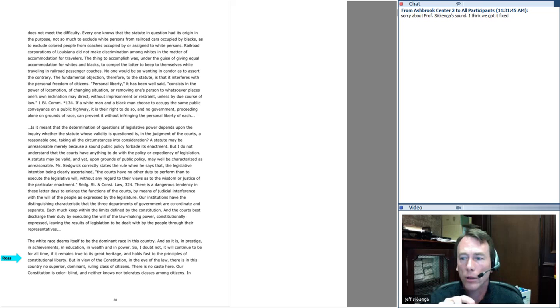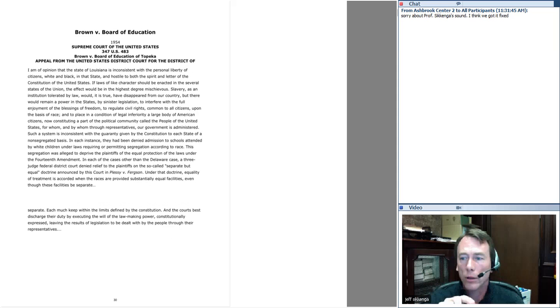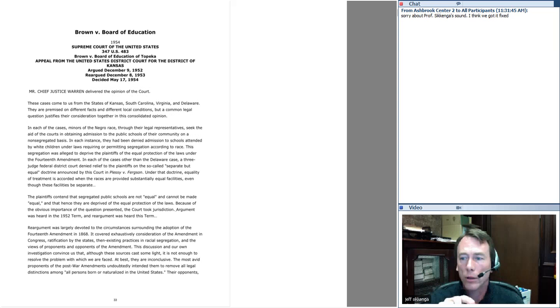Now, with that in mind, let's look at Brown versus Board. Did the court adopt that reasoning in Brown versus Board? Because sometimes people have said, well, yeah, it overturned Plessy versus Ferguson, and it established the idea that race will have no part in American law, just like Justice Harlan said in his famous dissent 60 years earlier. And the answer is no.